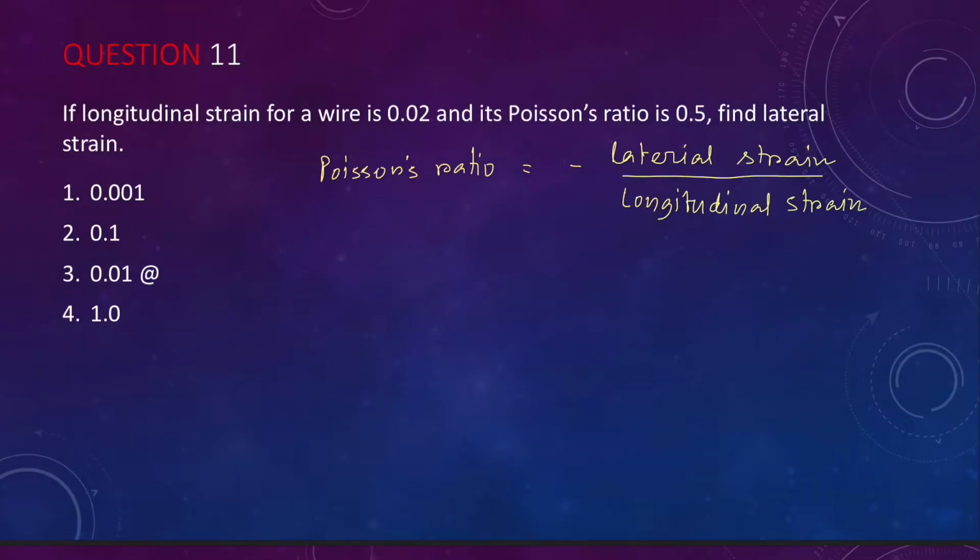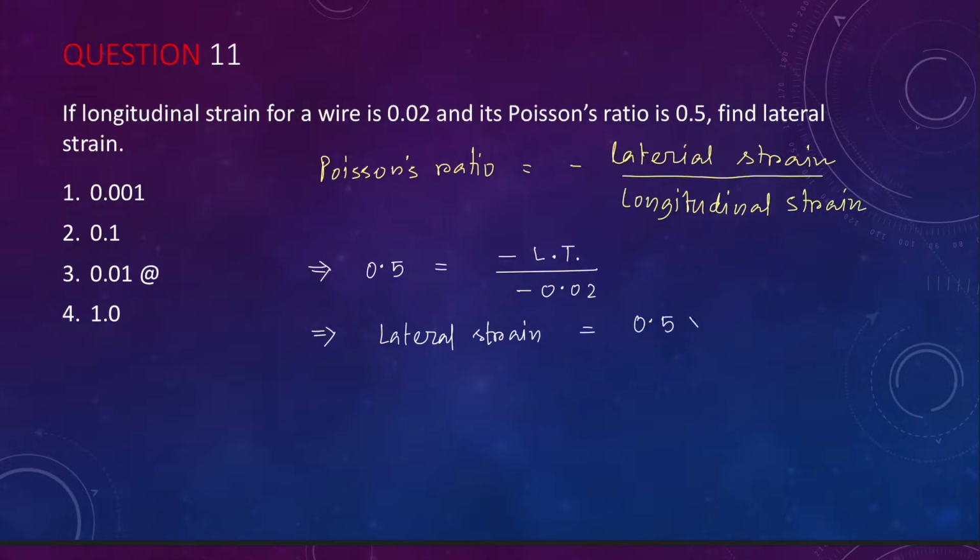Question 11. The longitudinal strain and the Poisson ratio for a wire is given. We need to find out the lateral strain. As we know, the Poisson's ratio is defined as the lateral strain divided by the longitudinal strain. So plugging in these values, Poisson's ratio is 0.5 and this is lateral strain divided by the longitudinal strain, which is minus 0.02 because the radius of the wire is going to reduce. So the lateral strain is 0.5 into 0.02, which is